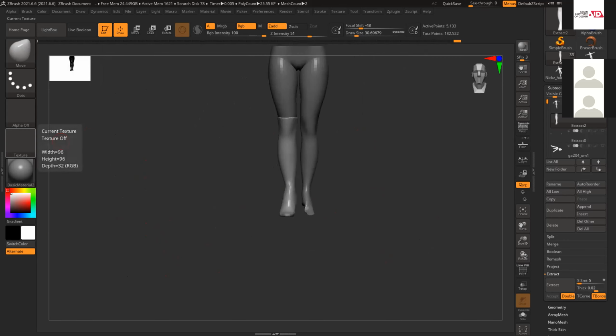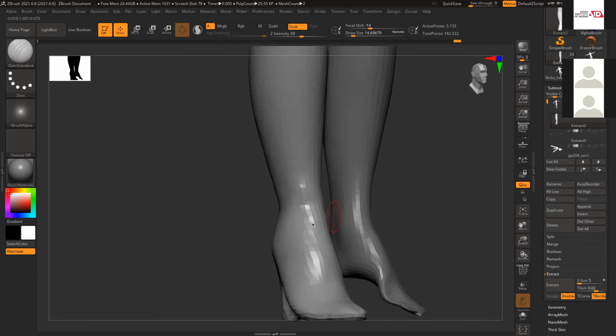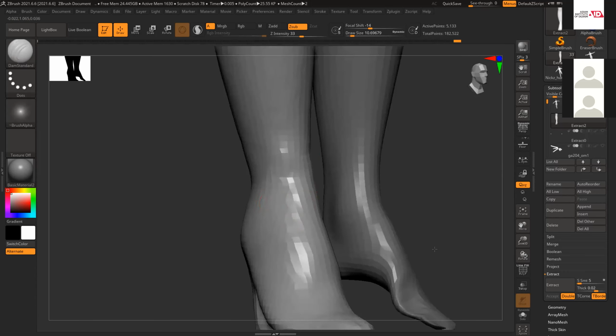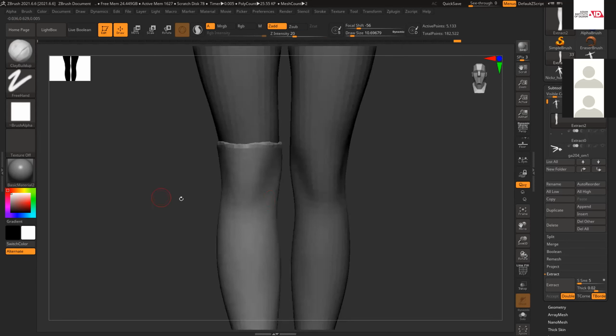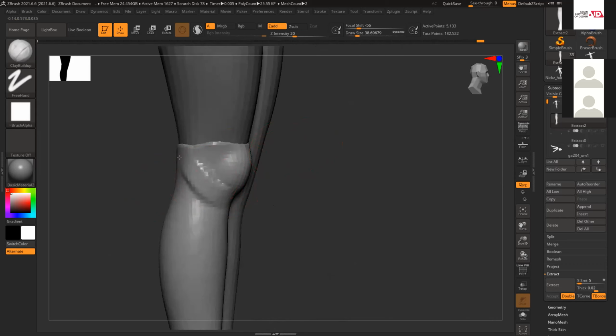Now let's see my reference. Okay, before adding any detail, I fixed a couple of things. Now add a couple of details. There is a circular shape, and there is a layering.